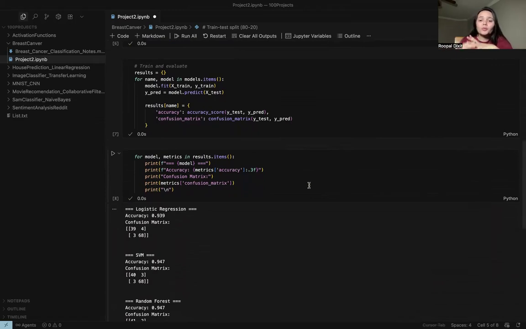So we loop through each model, train it on the training set, and predict on the test data. We calculate accuracy, how many predictions were correct, and the confusion matrix, which shows true positives, true negatives, false positives, and false negatives, which is one of the most important evaluation metrics that we use, because on these values only F1 score, recall, and precision are important.